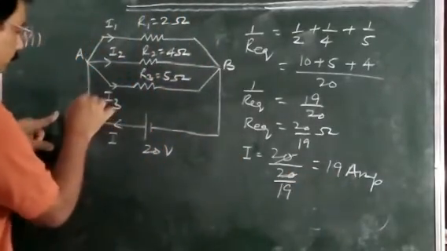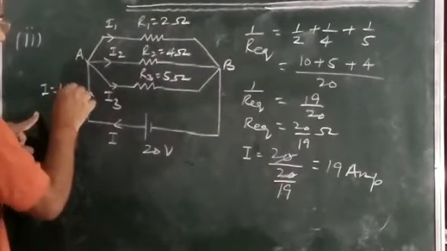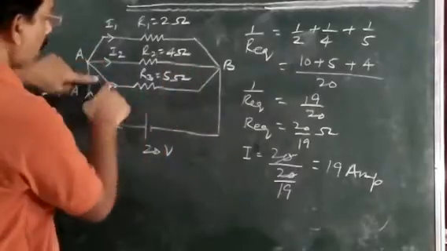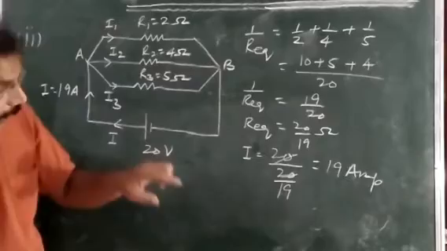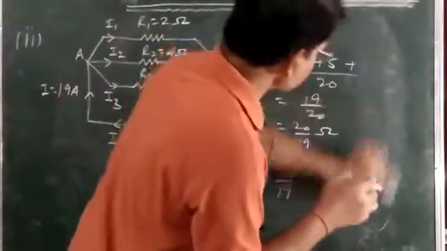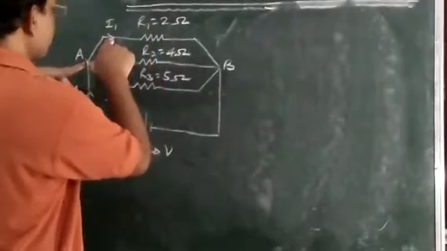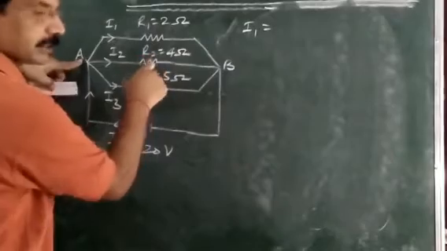Now main current, this one is I, how much here? 19 ampere. This 19 ampere current we divided into how many parts? 3 parts. And how can you find the current in each part? Simply, current in 2 ohm, which is I1, you can find I1 is equal to,